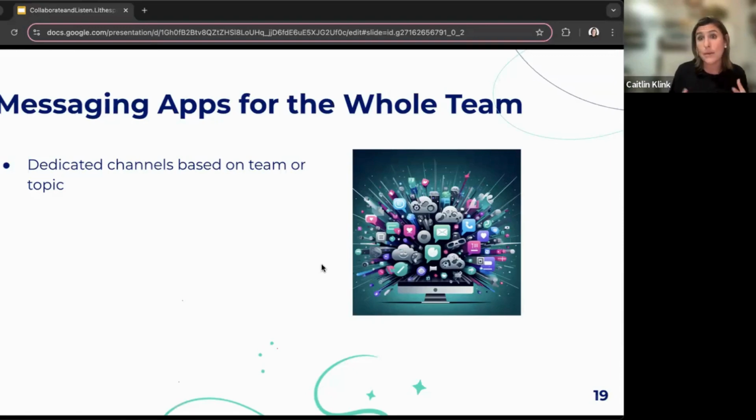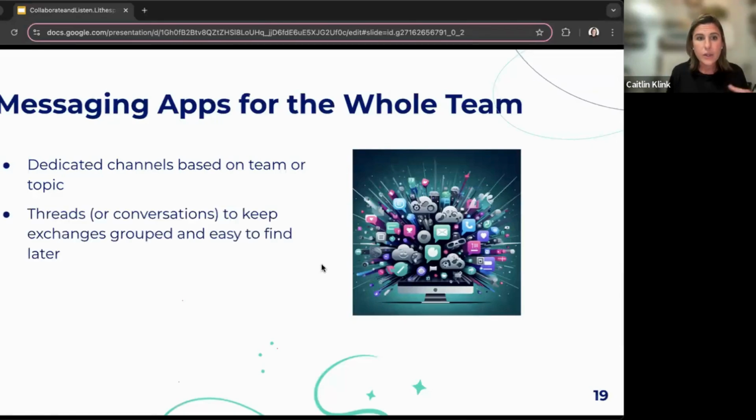So we've gone from maybe 4 hours of developer and QA synchronous time to maybe 30 minutes of that time. And all of a sudden, everybody has more flexibility in their schedule. So really think about how you can use these channels to leverage asynchronous collaboration. Another thing that you can do as a whole team, this is a huge one, is threading. So using threads in Slack or conversations in Teams to keep exchanges grouped and easy to find later.